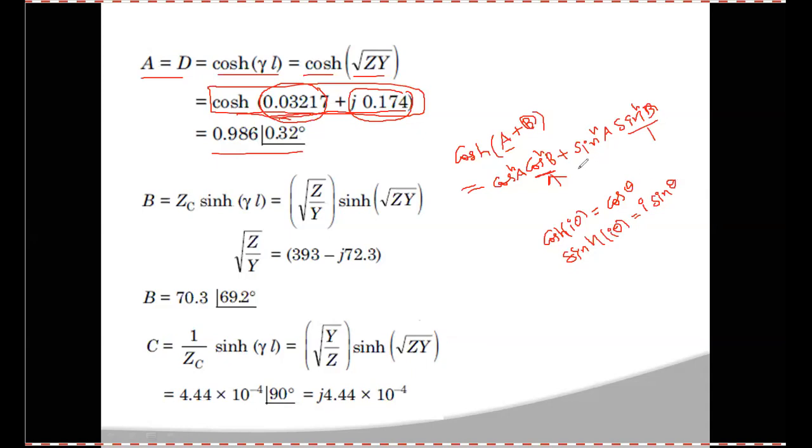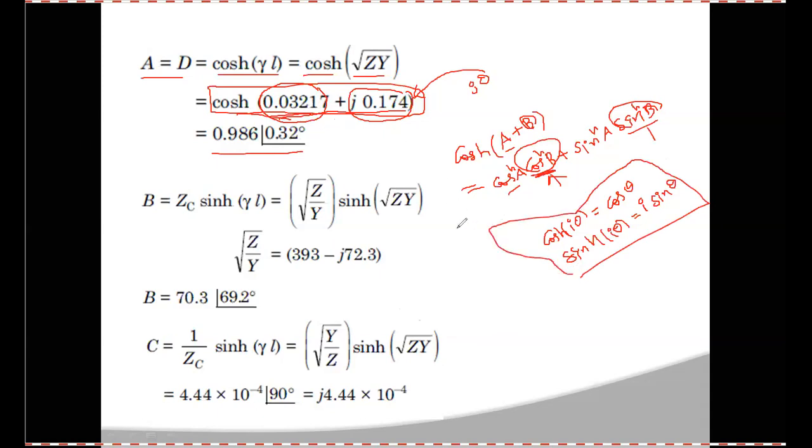Okay, so in these two terms, we are getting a complex number, j 0.174. So let us call this j theta, and that theta value here is 0.174. Now cosh a, where a here is a real number only, so there is no problem with that number. Now if you use these two formulas, you can use your calculator for calculating those values.